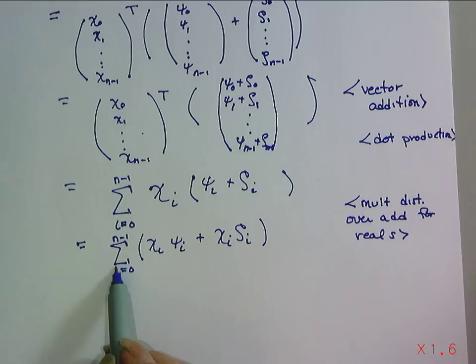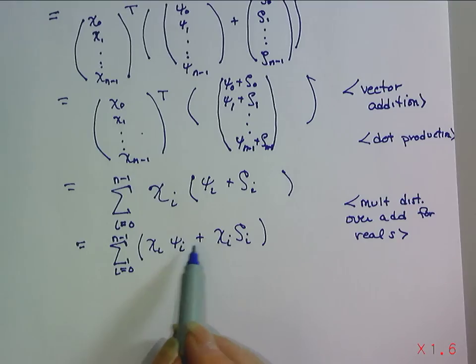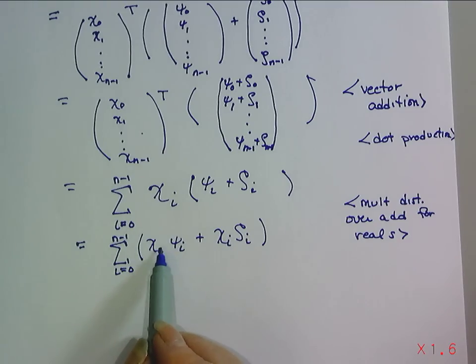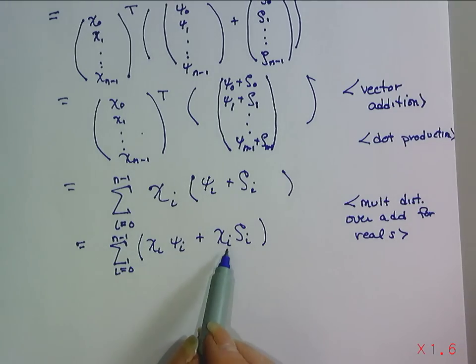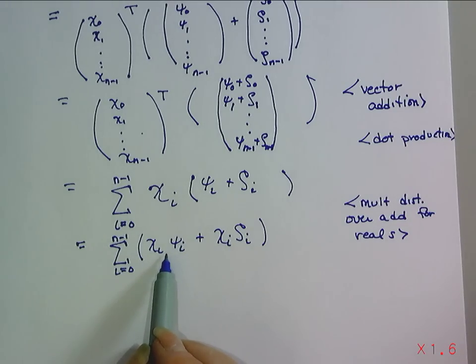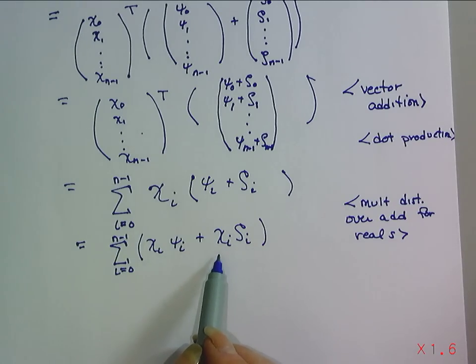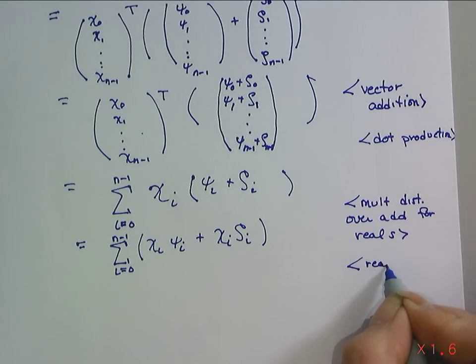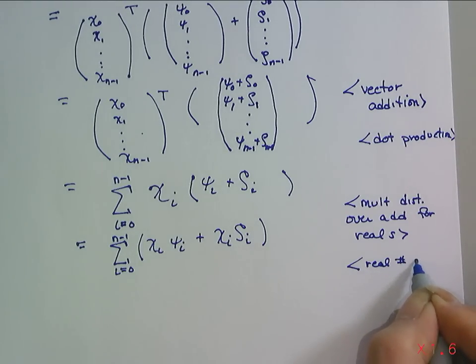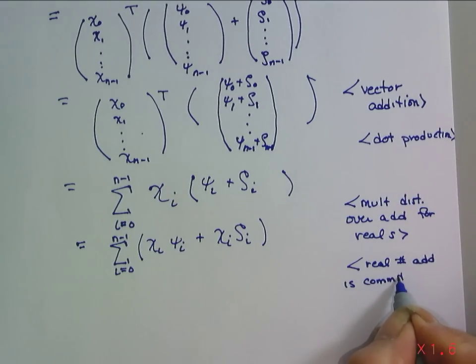But again, this just means to add up some real numbers. And the real numbers that we're adding up are created by taking a sum of real numbers. We know that real number addition has other properties. It's commutative and it's associative. So the order in which we do our addition doesn't make a difference. So because real number addition is commutative and associative,